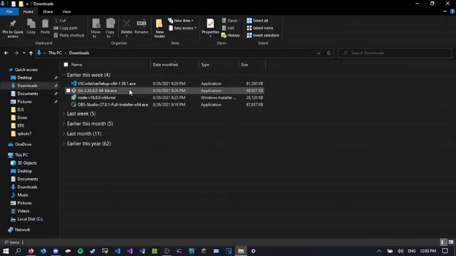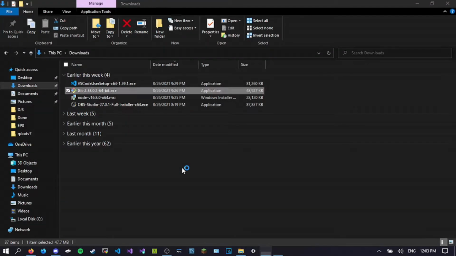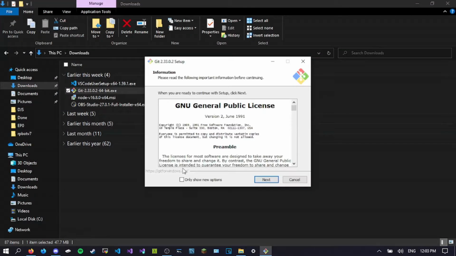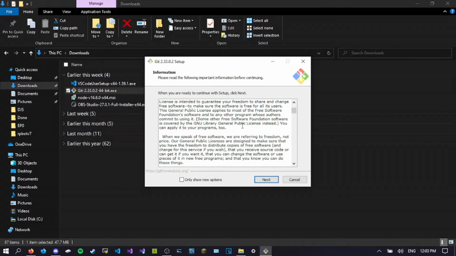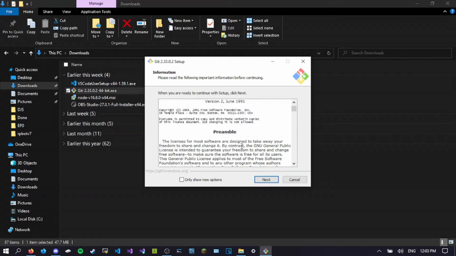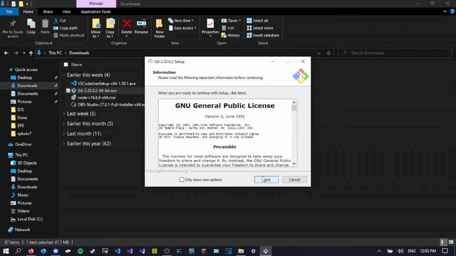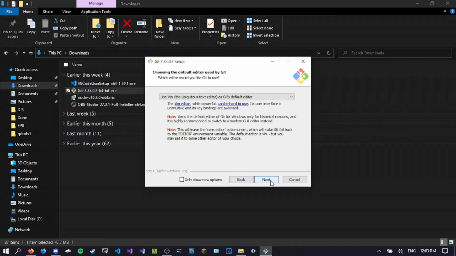Now that Chocolatey and Node.js are installed, you're going to double click on your Git installation. It's going to give you an admin prompt first thing, and you're going to go ahead and click Yes. And it's going to bring you a window like this. This is the general public license for Git. If you want to go ahead and read through this, you can. I'm not going to go over it. You're going to go ahead and click Next, and you're going to see defaults selected. Stick to the defaults. You're going to click Next,